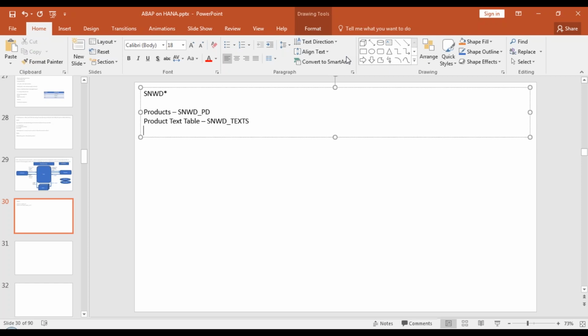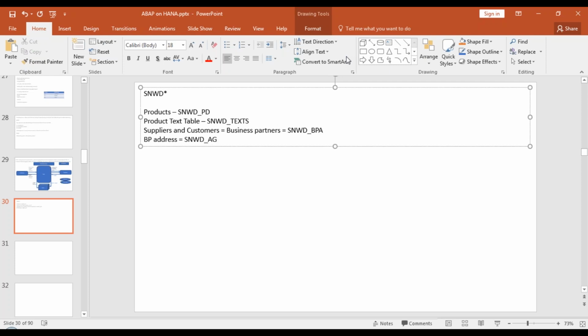Then comes the business partner, your suppliers and customers, which are known as business partners, stored in another table, SNWD underscore BPA. The next database table is business partner address. I'm writing in short BP. BP address is stored in SNWD underscore addresses, the address table. The next is we have the sales order table. So sales order is SNWD underscore sales order, and items of the sales order are stored in SNWD underscore SO underscore item. Then comes the invoices,